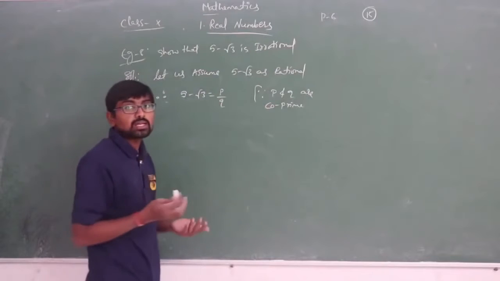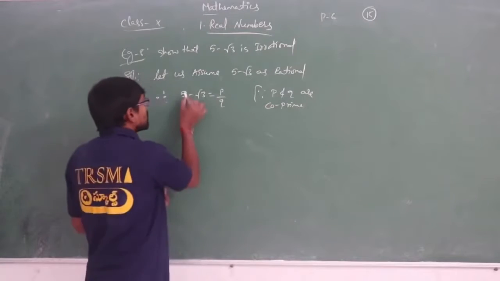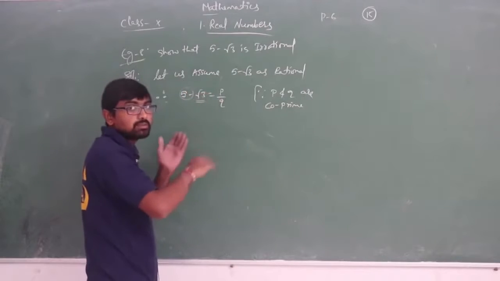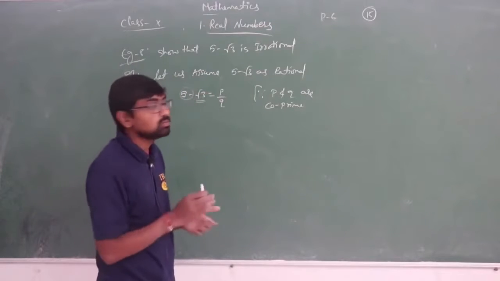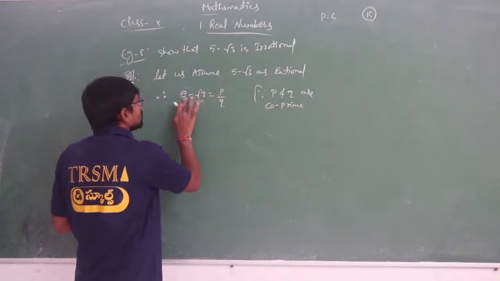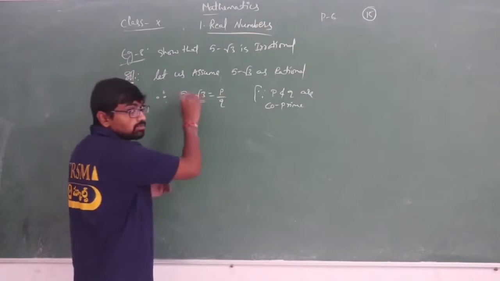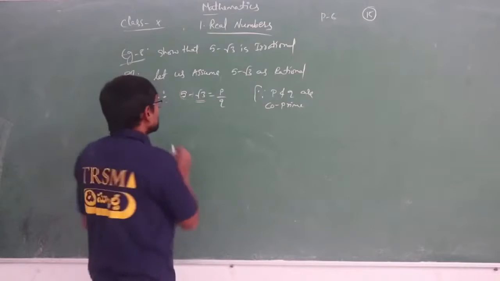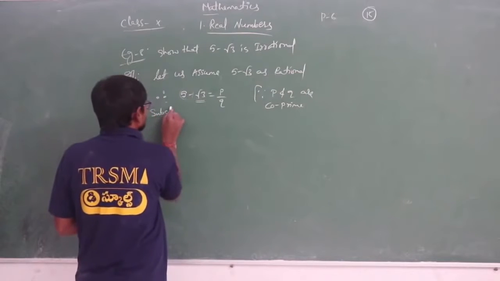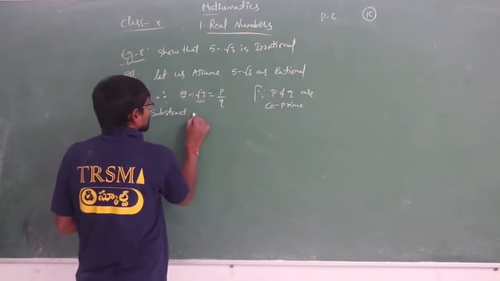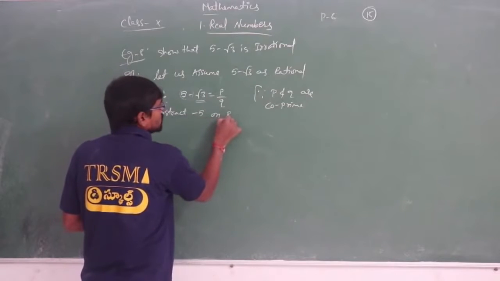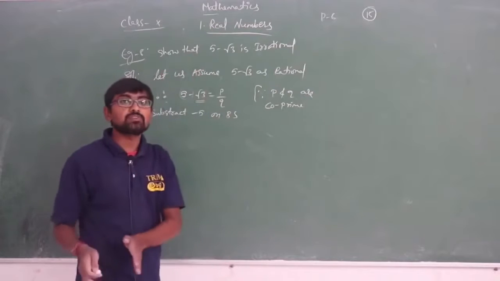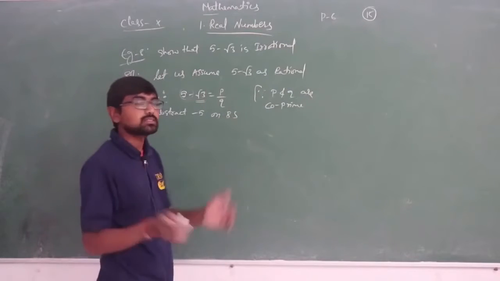Now again, what we have to do is keep root 3 here and remove the remaining things, isn't it? So first, here 5 is being added, so we have to use the additive inverse of 5. What is the additive inverse of 5? Minus 5. So subtract minus 5 on both sides. Why? The root value should be kept on the left hand side and the remaining should be sent to the other side.